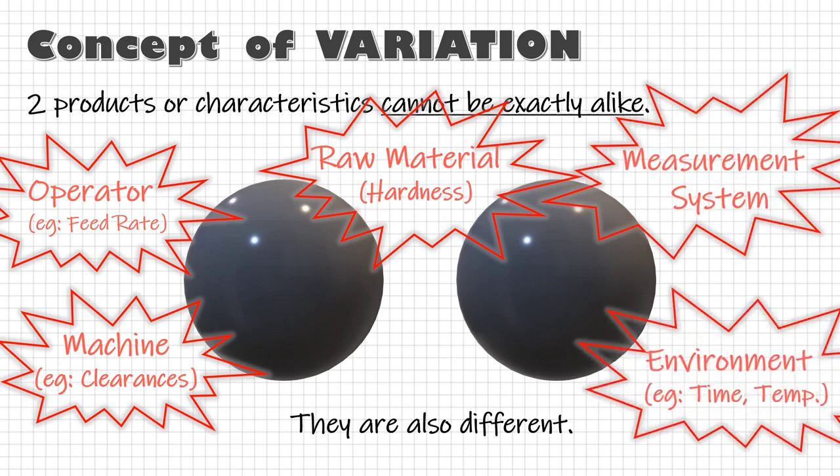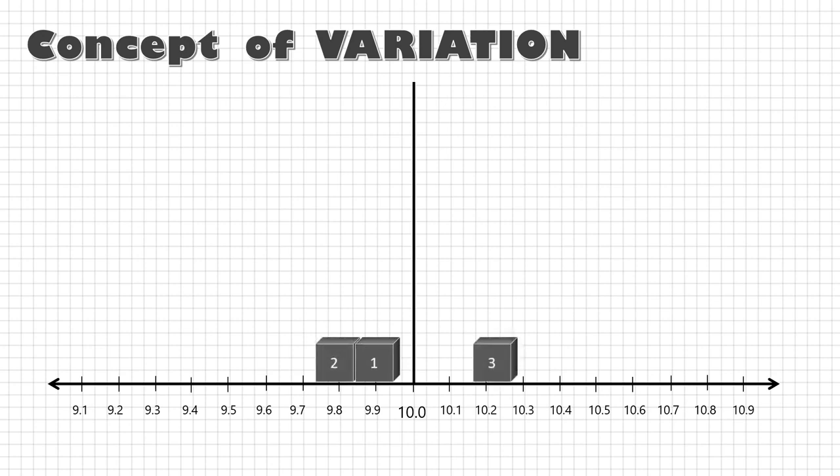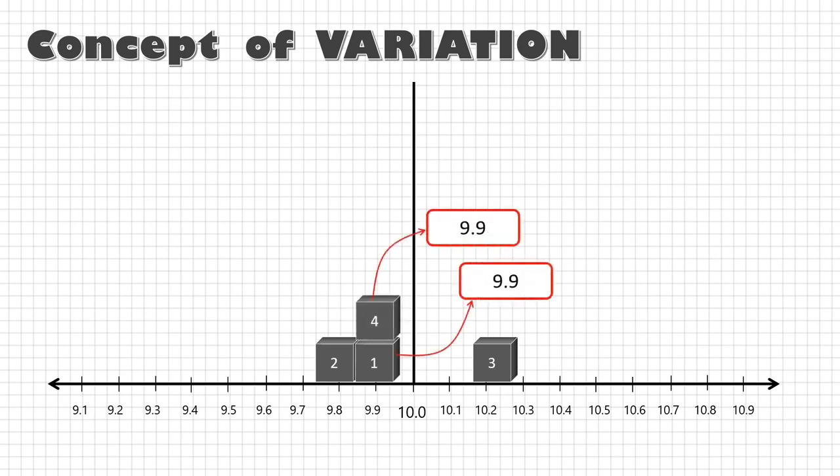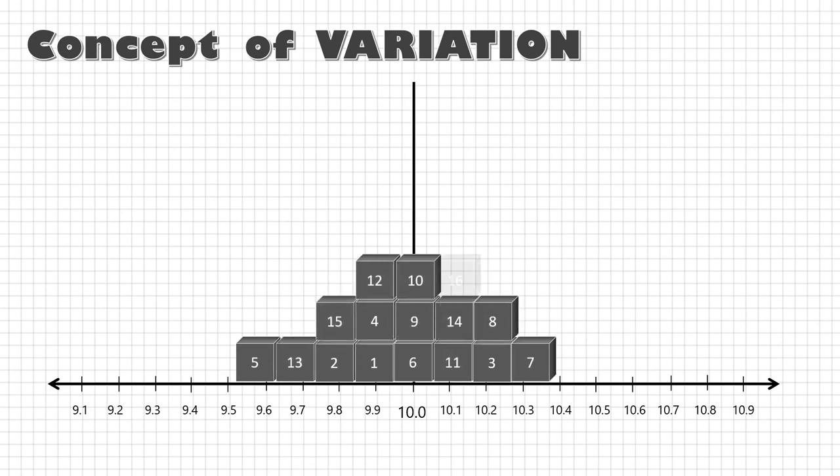Basically, the principle of variation says if I target to make a part with dimension 10 millimeter, then the first actual part could be 9.9, and then due to the principle of variation, the second part could be 9.8, then 10.2, then 9.9 again. Now these two parts look the same at this stage but will be different at this level. So again, let's say the fifth part is here, the sixth here, and let's say there are a total of 30 parts.